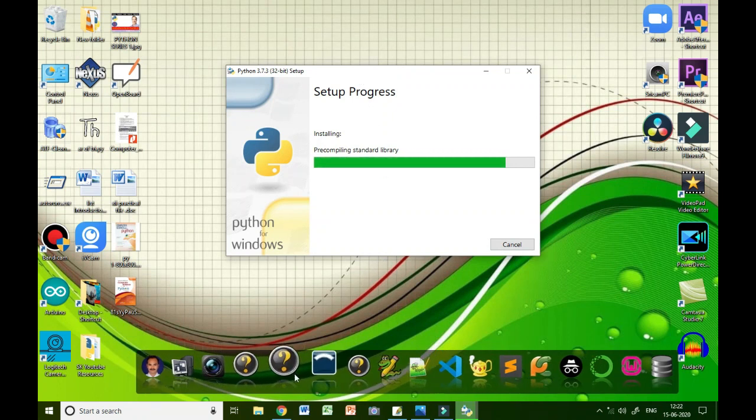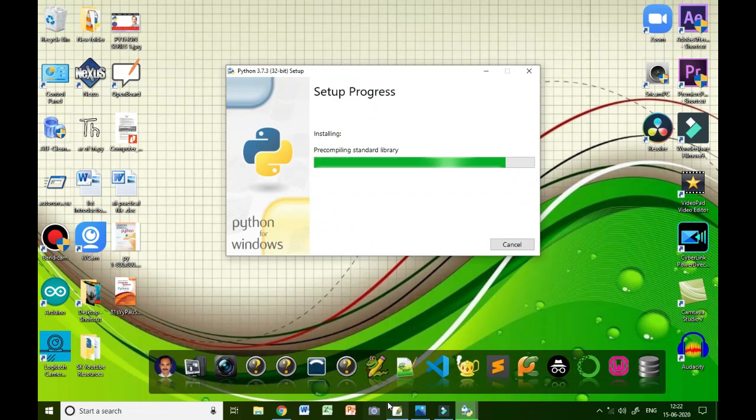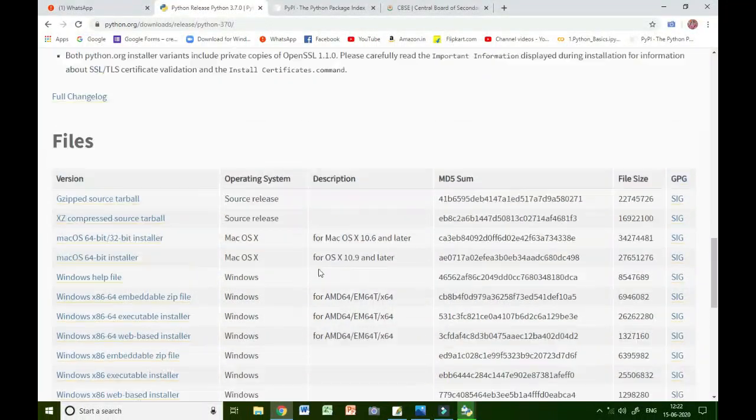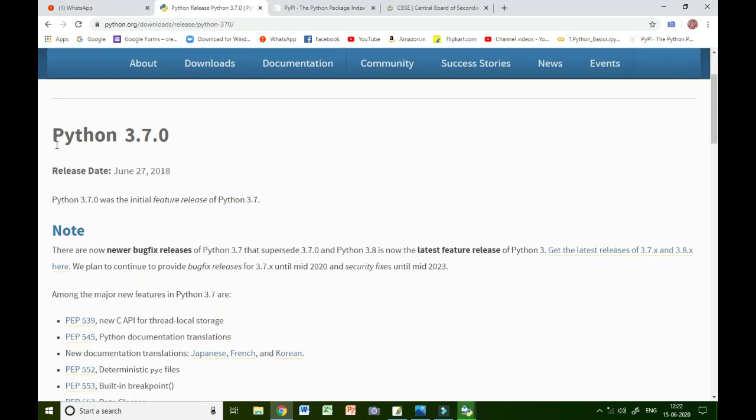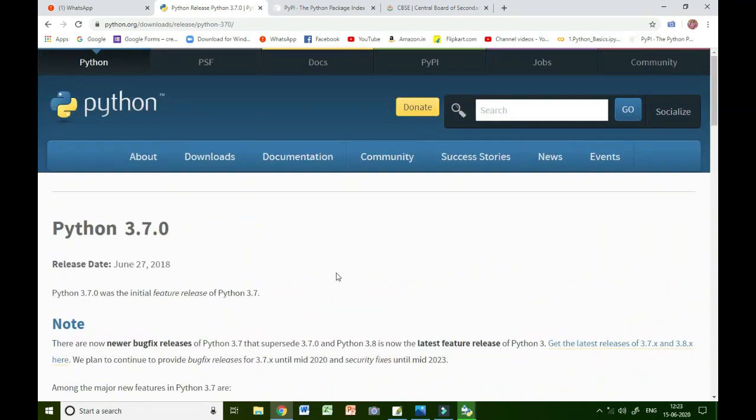Okay, so till it installs, I will show you the website again. When you install Python, all the libraries, oh, you don't understand library? Some commands are stored in some files. These files are freely available. Python is open source, right? Anybody can use this. So here is a website,